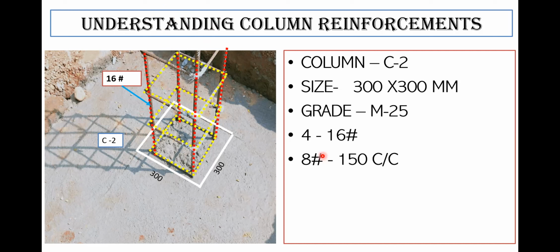So now we have to understand this. What is written here? Again, it is 8 diameter. Then you have to provide 8 diameter lateral ties at, some engineers write here at the rate of, that is at 150 center to center spacing. So C to C means center to center spacing. That means you have to provide 8 mm lateral ties here, and the spacing between these two lateral ties should be 150 center to center spacing. What is written here? 150 center to center spacing. So this distance will be 150 center to center spacing. Similarly, this distance will be 150 center to center spacing. So I'm trying to show you how it looks.